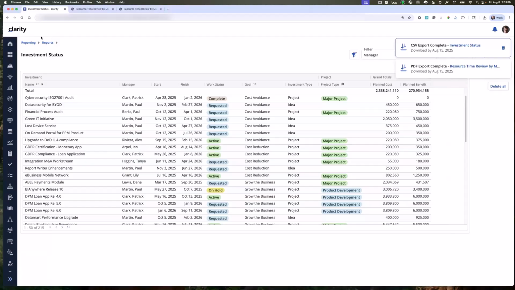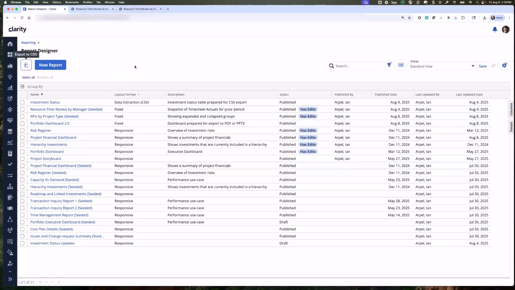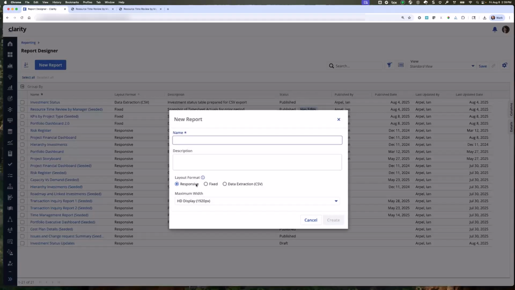Okay, so let's switch over to the designer experience for this one. I'll go into the report designer, and this is the one we were just looking at. But what I want to do is kind of walk through the new flow so you can see how it behaves. So I'll click on new report. I'm going to give this a name of investment status